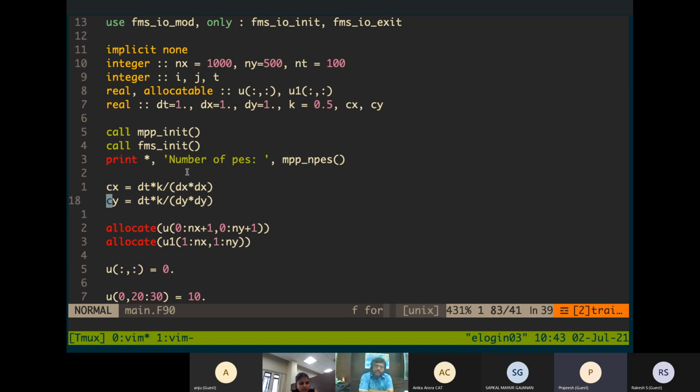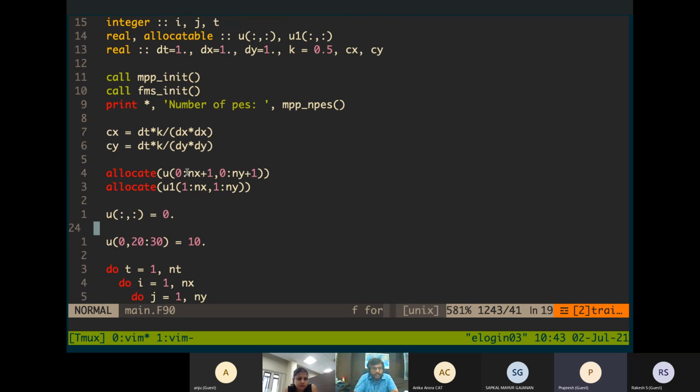So I'm defining some constants here, Cx, Cy. These are basically the CFL constants. Then I'm allocating the array. I'm assuming some things here. First of all, I am assuming that all of you know the basics of Fortran.